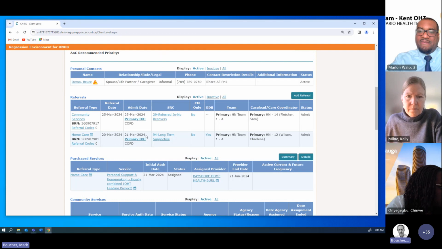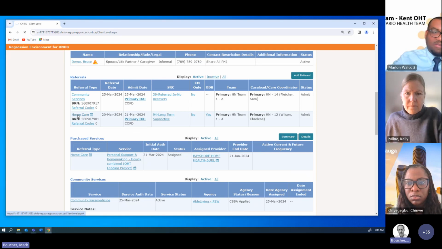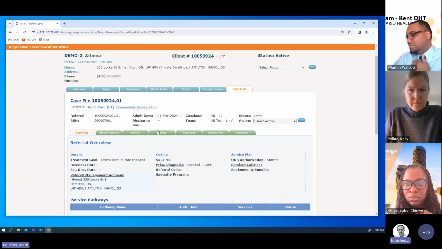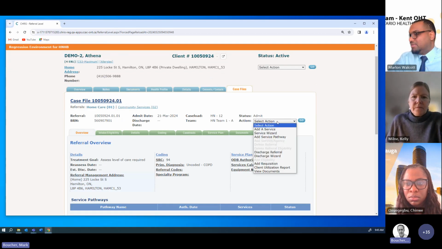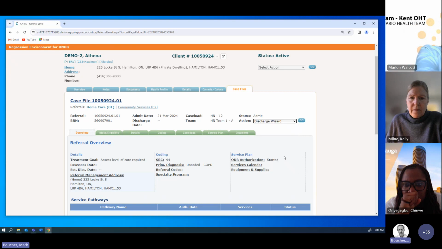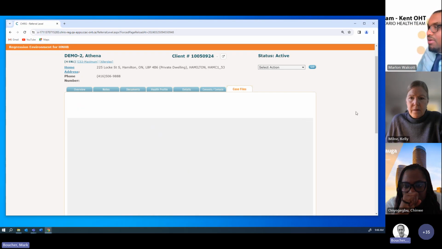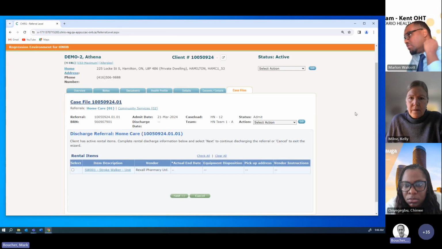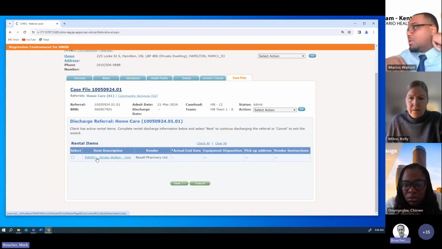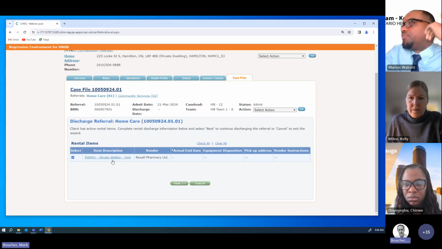The way I'll do that is, let's say I'll discharge the home care referral. From the main overview screen again, I'm going to click on home care. I've got about 5 minutes here. At the referral level, there's an action drop down for that referral, which is the Discharge Wizard. I'm going to select that and click go. It walks you through all the things you need to consider. So here it says we've got a walker in place,